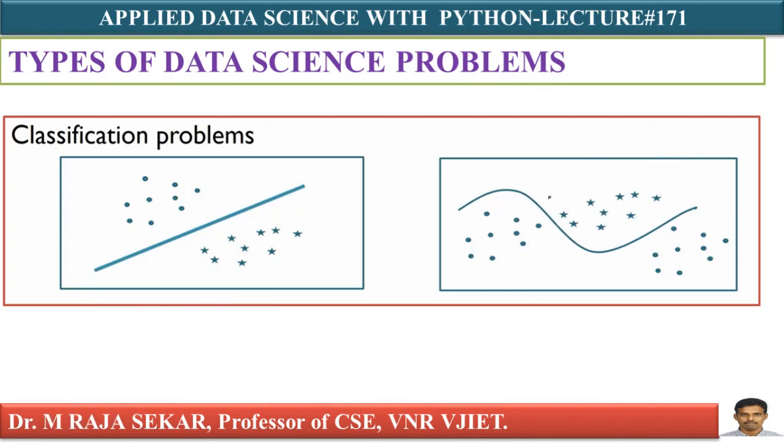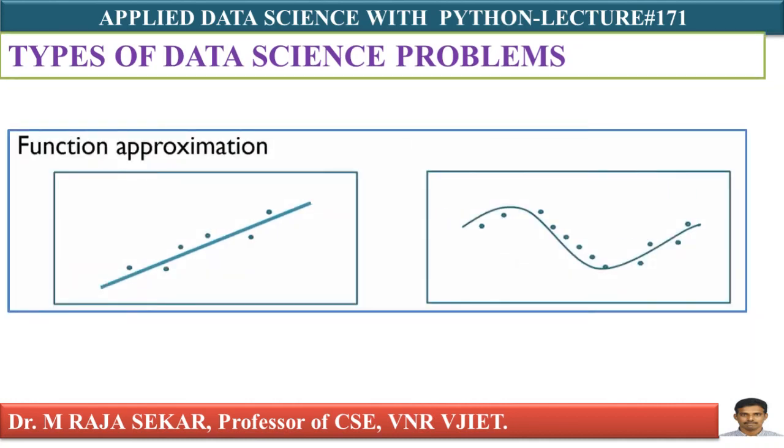Now let's move on to another type of problem that one solves in data science. This is what I would call the function approximation problem. Just see this function approximation problem in 2-dimensional space. It has output as well as input. Here x is input, y is output. In a general case, we will have many inputs and many outputs. This is the case of single input, single output.